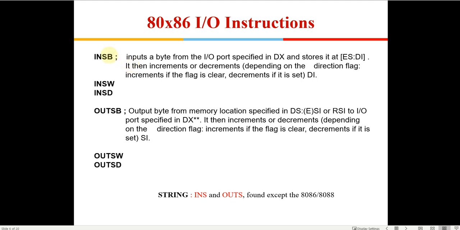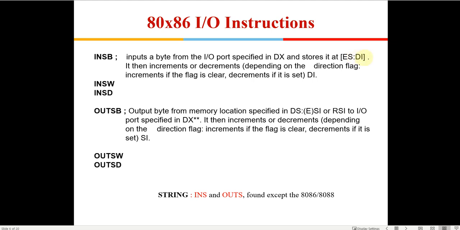So there are some other bulk transfer instructions also, like we have the move command. Similarly we have something known as INSB, right? Here, INSB inputs a byte from an input output port specified in the DX register, and stores it in the memory location which is given by ES and DI.